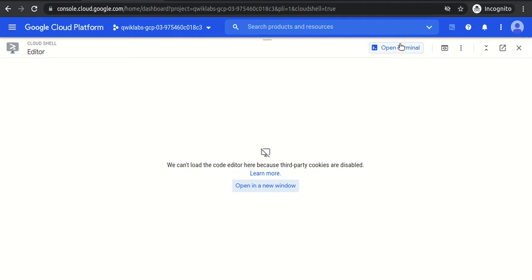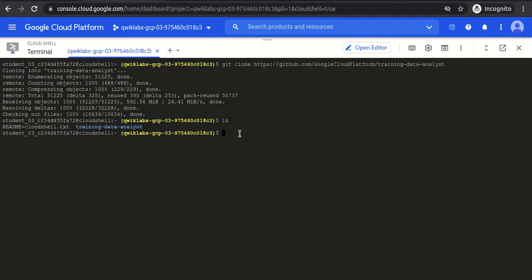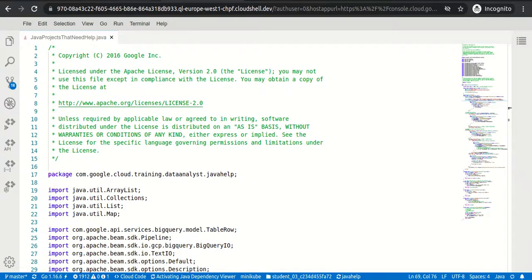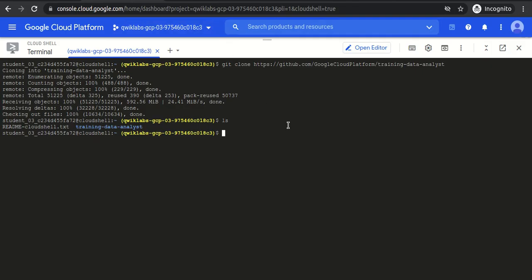Along with that, let me open the terminal. So the terminal is also open. First I have to create the bucket variable, so that rather than pasting the project bucket ID every time, I can just use the $bucket symbol.